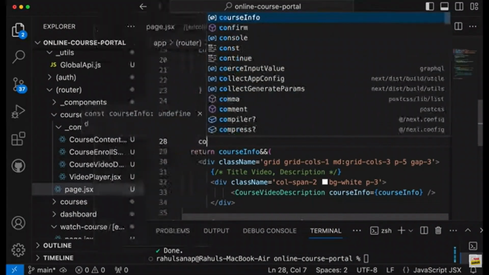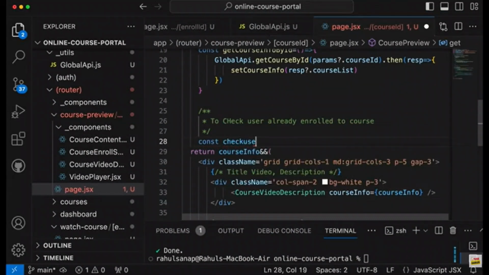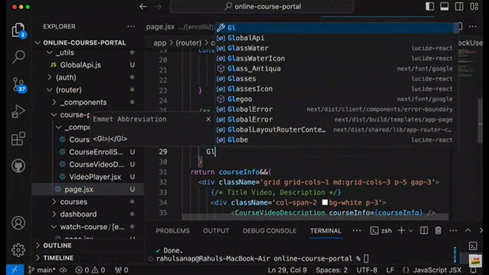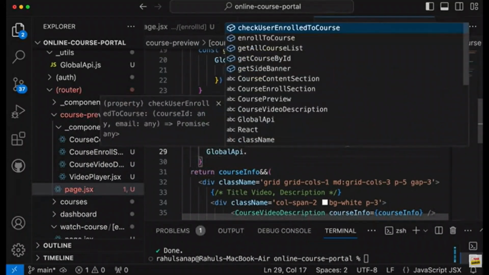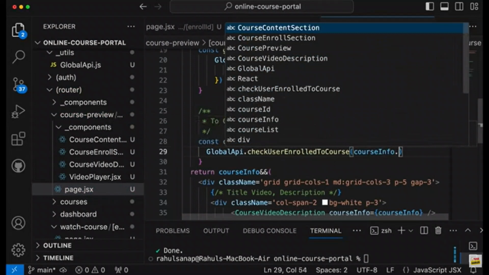Okay, so here I will check constant check user enroll to course, and then here we will call global API dot check user enroll to course. Here we need to pass course ID and the email. So course ID will be a course info dot